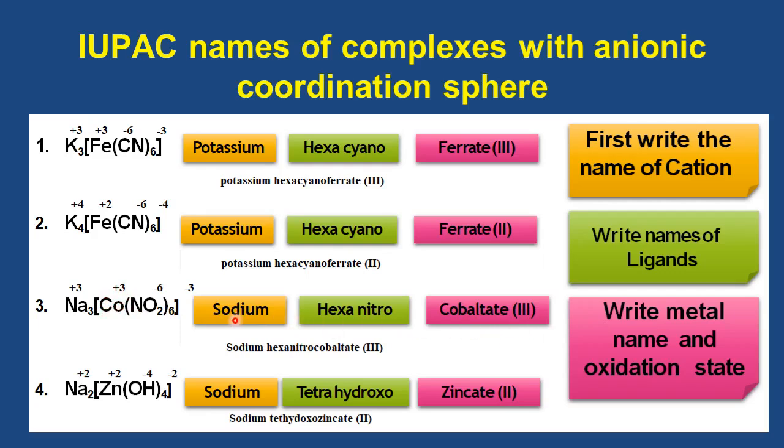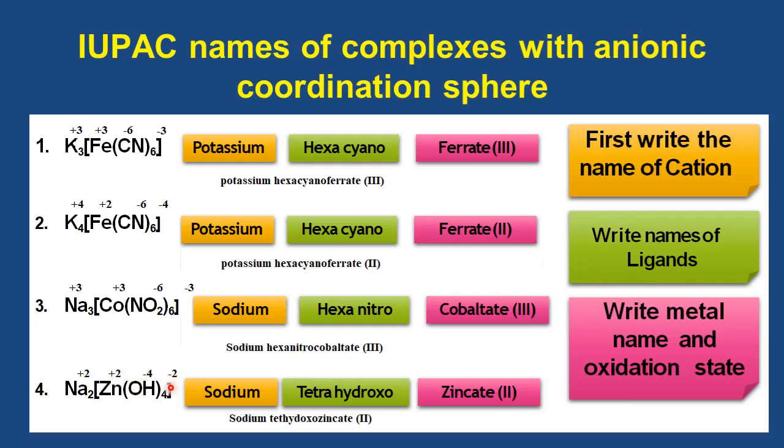Now we are having hydroxyl group. The charge on hydroxyl group is -1. How many hydroxyls we have? 4. So the net negative charge is -4. Since we are having 2 sodium ions, the net positive charge will be +2. In order to balance this +2, we need -2 on the coordination sphere. How is it possible that this -4 should be summed up with +2 in order to get -2? So -2 will be balanced with +2. And the oxidation state of zinc in this compound is going to be +2, and the name of this compound